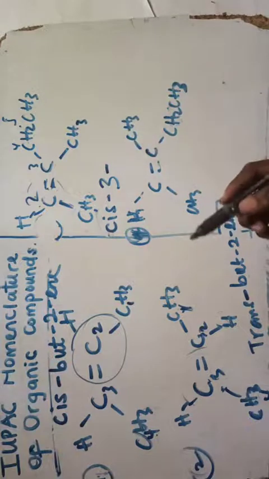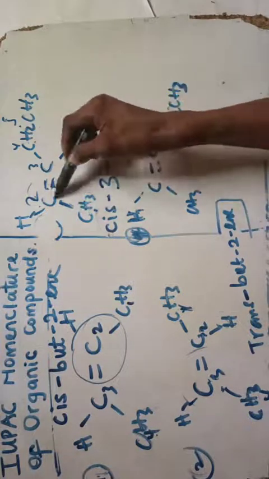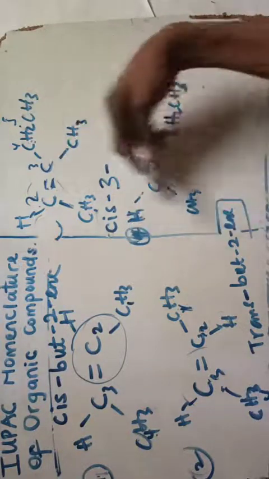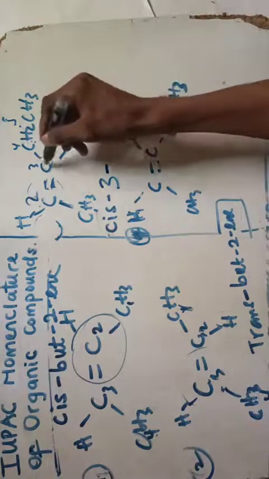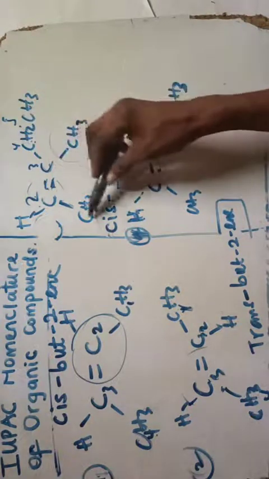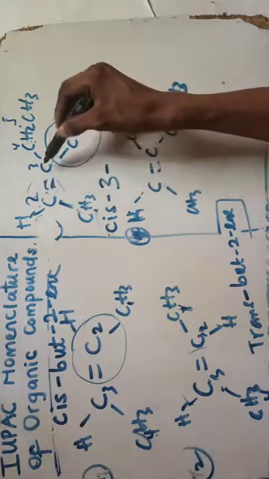Okay. But what happened here is that this is 1, 2, 3, 4, 5 pentene. And this is cis because they are both acting here. And this is number 3 that carries this branch, or that carries this branch rather. This is 1, 2, 3, 4, 5 that carries this branch rather. So 1, 2, 3.